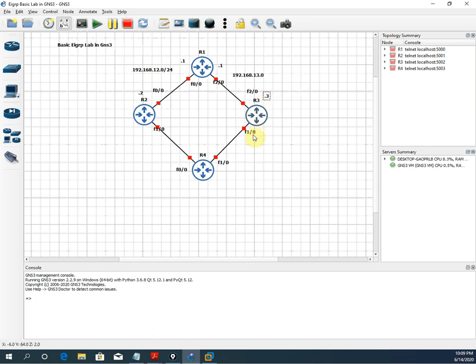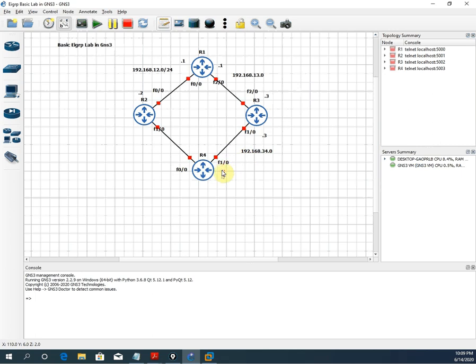Same thing here: this is router 3, this is router 4, so I will write 192.168.34.0. Okay, and here I will use .3, here I will use .4.